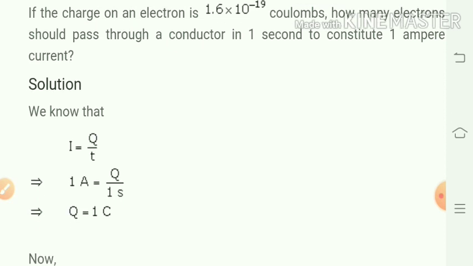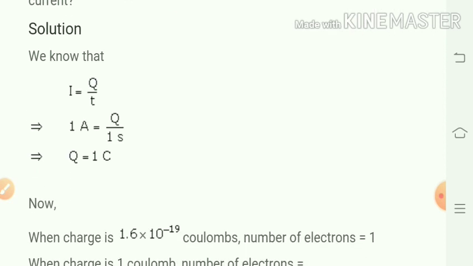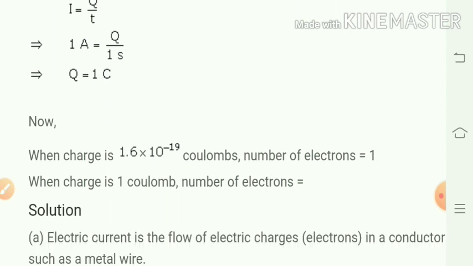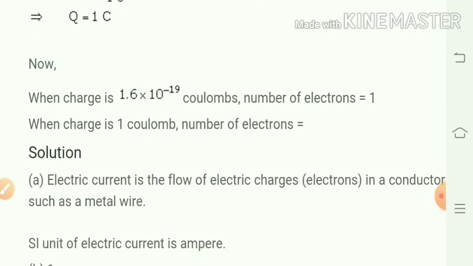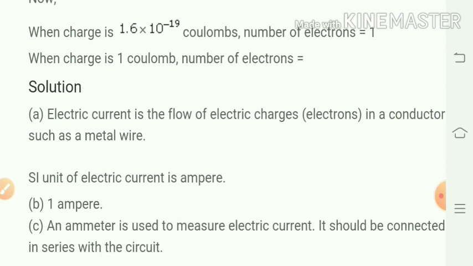According to the formula of electric current, we can write I = Q/t. For 1 ampere current, the charge Q = I × t. Therefore, Q = 1 ampere × 1 second, which equals 1 coulomb. Therefore, when the charge is 1.6 × 10^-19 coulombs, the number of electrons is 1. And when the charge is 1 coulomb, the number of electrons will be...